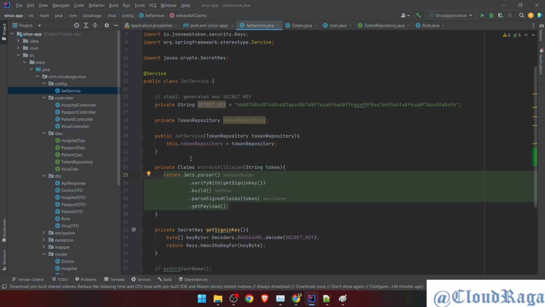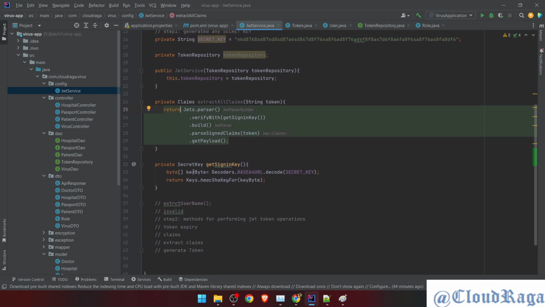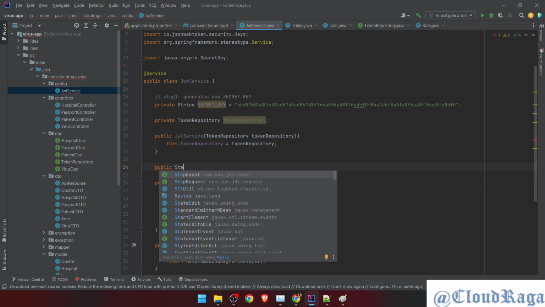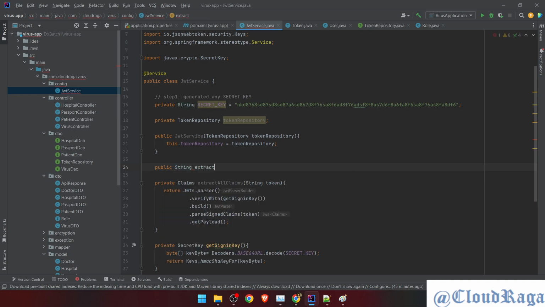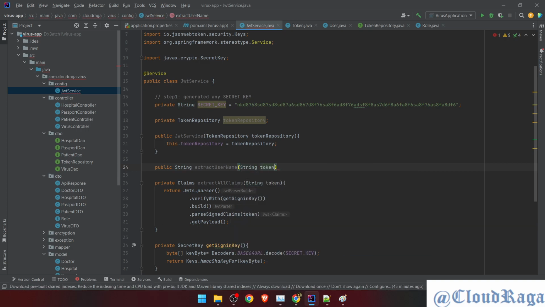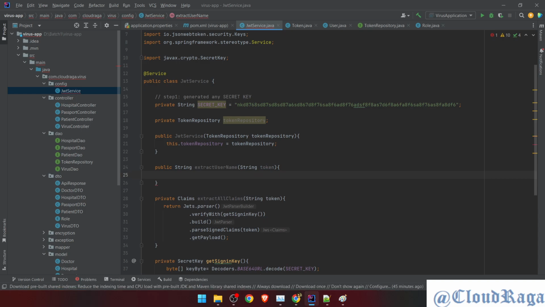Now this is done. Let's go back to our method for extracting the username. So we need to use that. Okay, so public String extractUsername. What we need as a condition is the token. So pass the token, and you will get the name from there. And here we need to say return